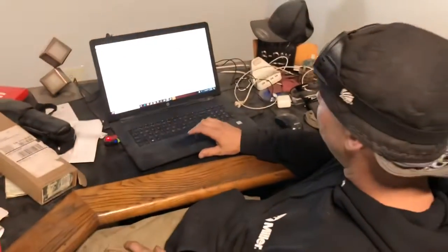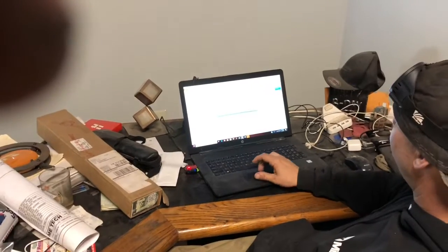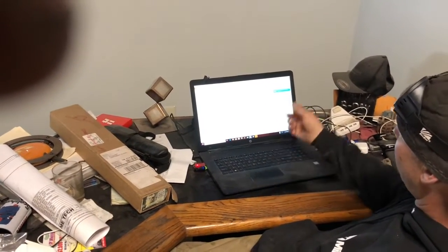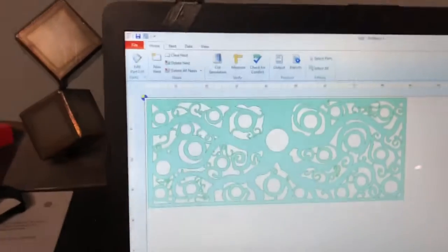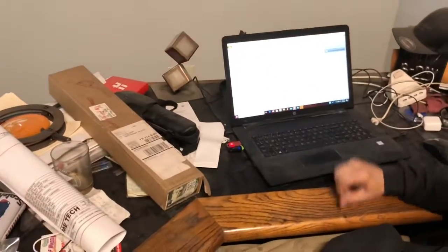It'll go either way. So I'm going to return to nesting here. Say quantity of 1, return to nesting. And then all I got to do is double click on this because it says 0, 1 nested. Double click on that and it puts it right inside there for me. So once it turns green, you know it's perfectly nested. Now I can go here to the output. Click on output,